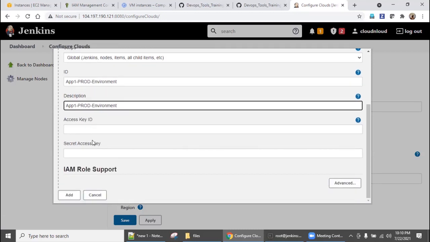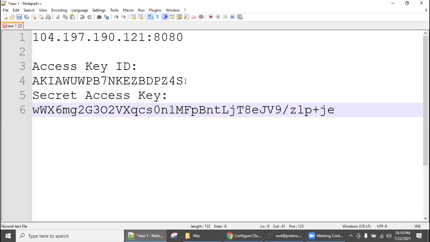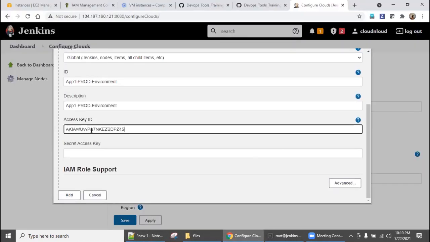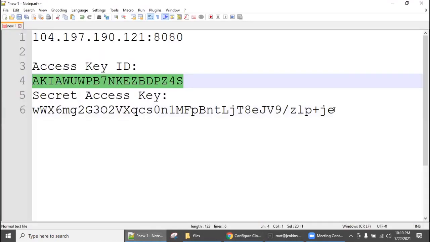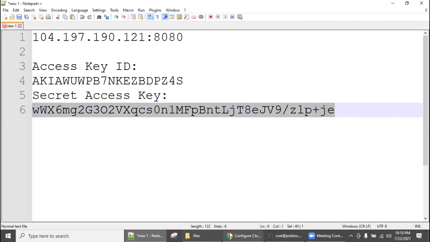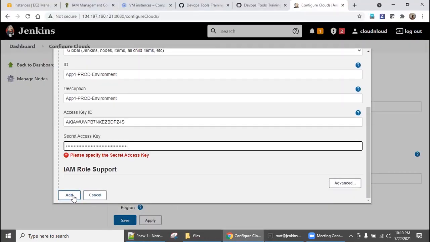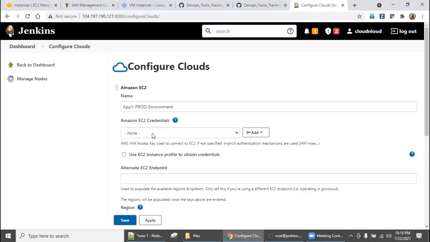What is the access key ID? This is the access key ID. I can configure it here. And what is the secret access key ID? This is the secret access key ID. So I can mention it here. Say add. See, if you have multiple environments, please make sure the naming and description are somewhat meaningful. Otherwise, you will get confused.